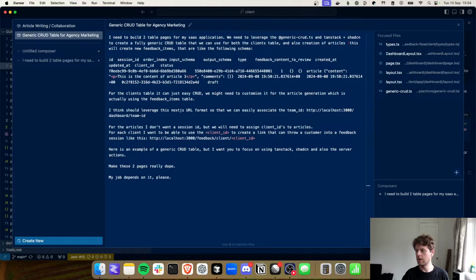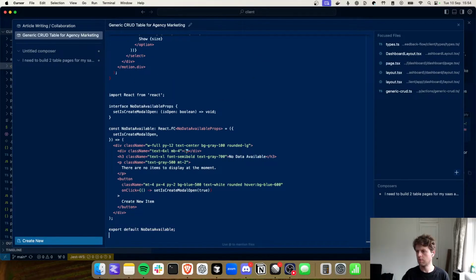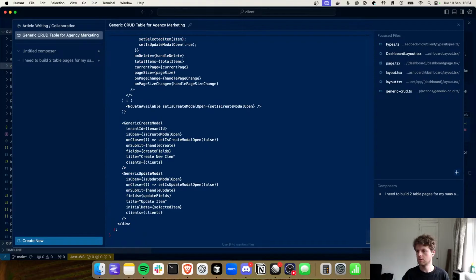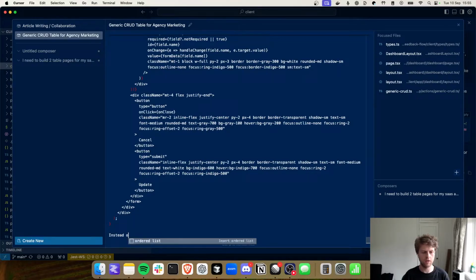And then I'm going to give it an example of a table I built in another project. So I'm going to just show it like a table, and you've got like the no data available. We've got like a CRUD page. We've got a create modal, update modal. Instead of modals,